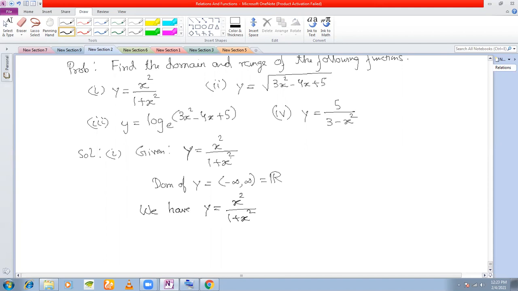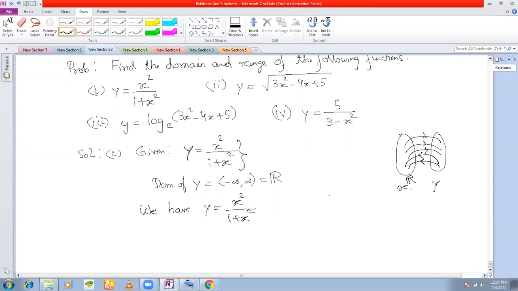No, for the domain, if you are putting negative or positive or zero values, you are getting an image, right? For every value of x, you are getting an image. If this is your x and this is your y, for every real number you are getting an image in y. But we shall now check the other way around, whether for each element of y we are getting a pre-image, in order to find out the range.